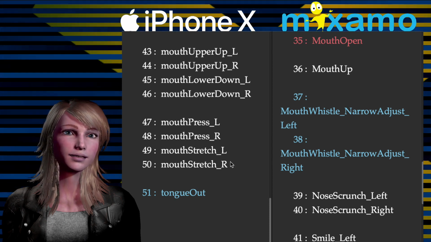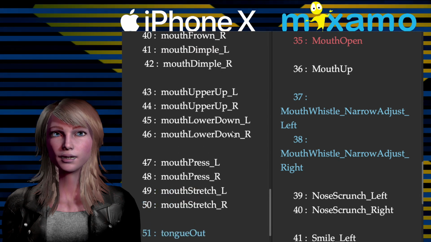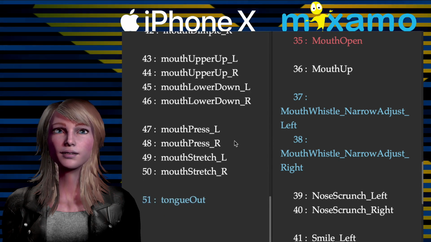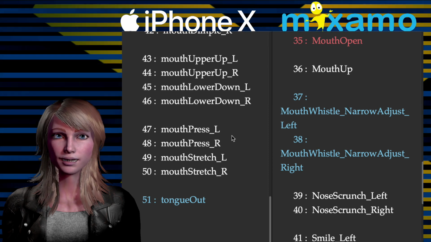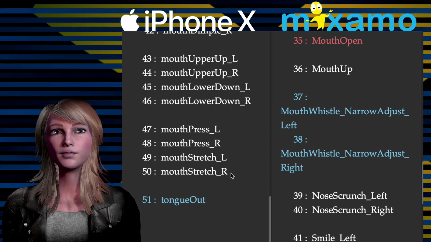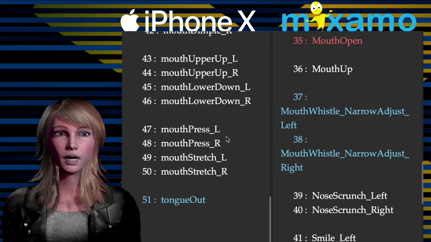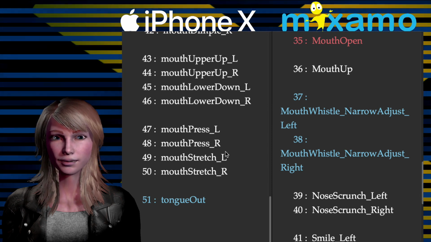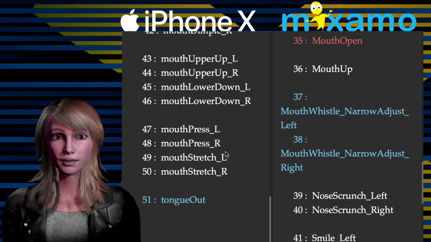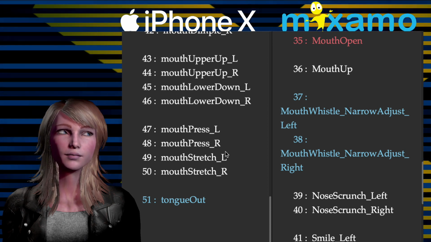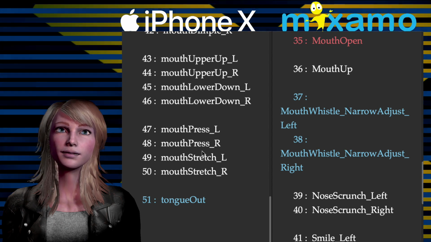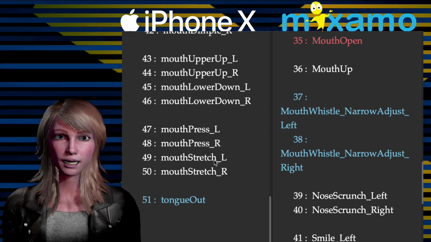And they look not unsimilar to the smile, frown, and dimple, but the difference is that these are muscles that come from your neck and jaw, not your face. So that's why there's a different blend shape here, because it's actually activated by a different muscle in your face. And since it's basically activated on your neck and jaw,